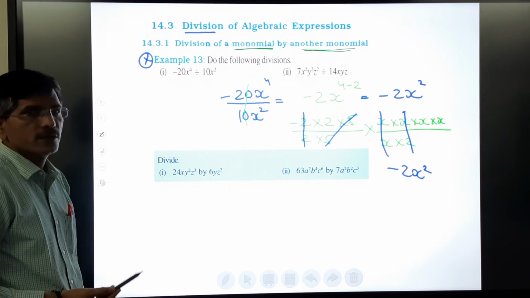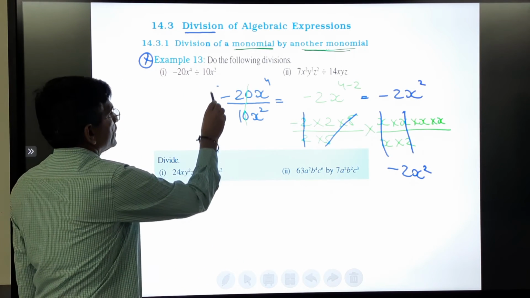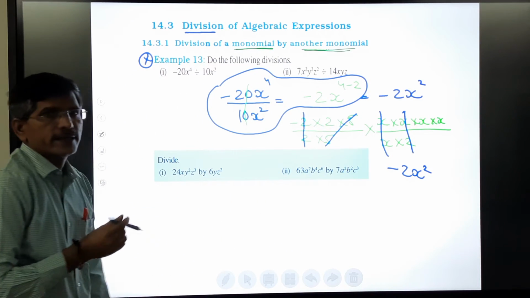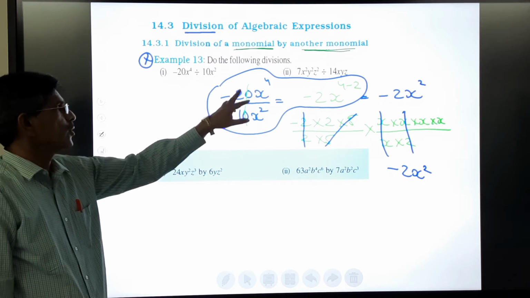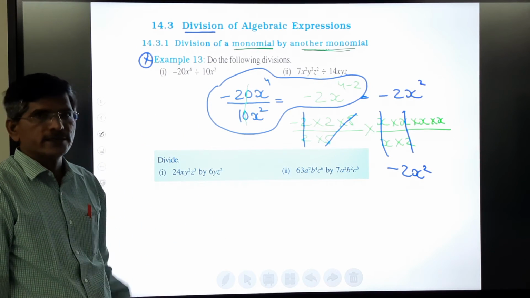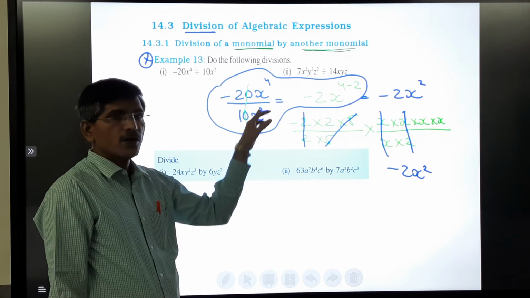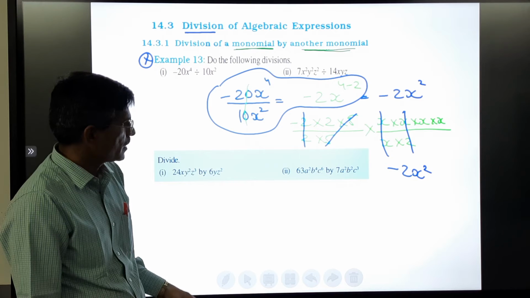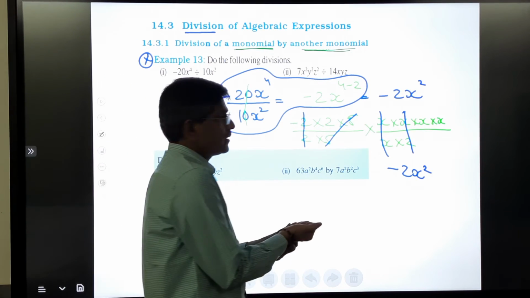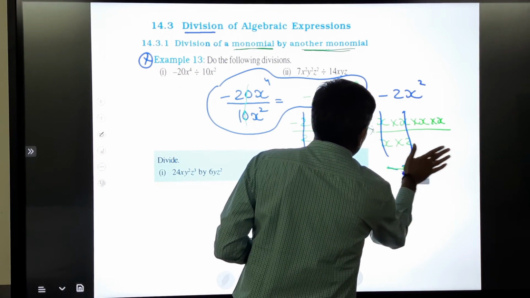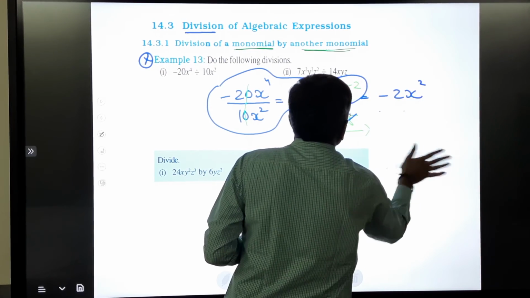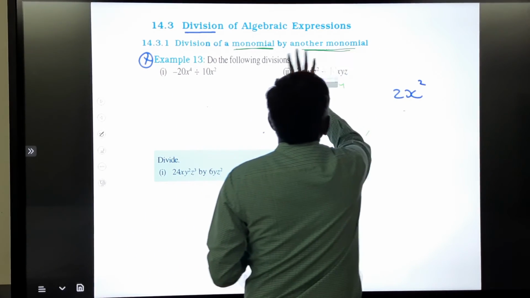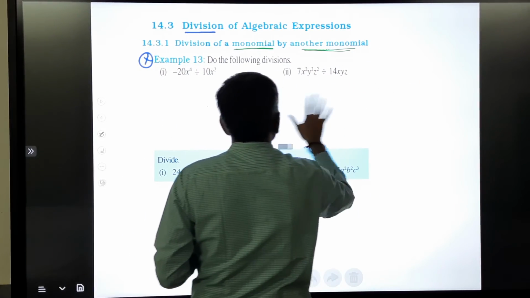So which way is suitable for us? We have to go with the latest method, that in numerator and denominator we can do the cancellation directly, simplify it, and for the powers we have to do the subtraction rule, because already in chapter number 12 we have cleared that. So now try these two sums, that we have to do now.